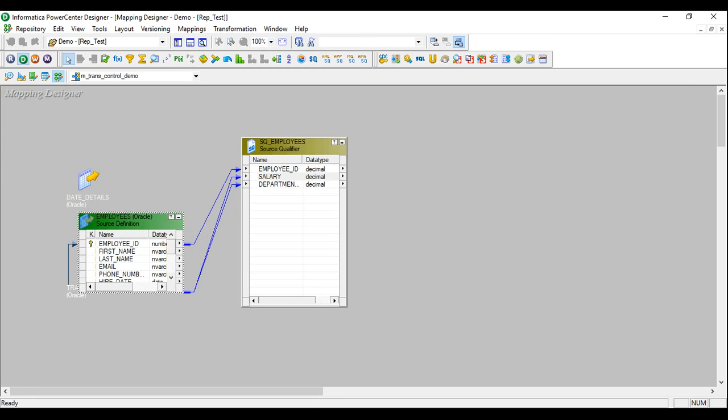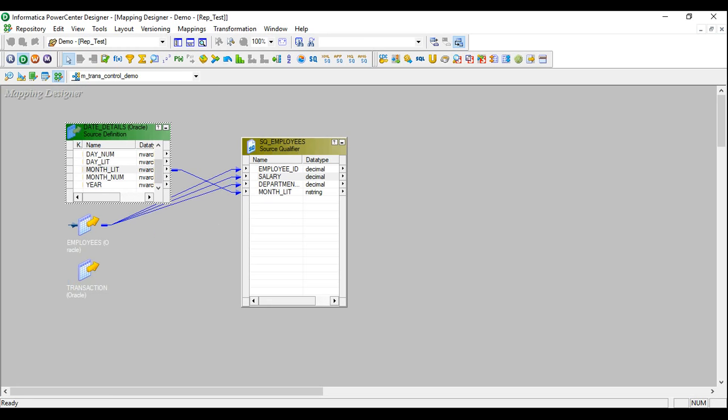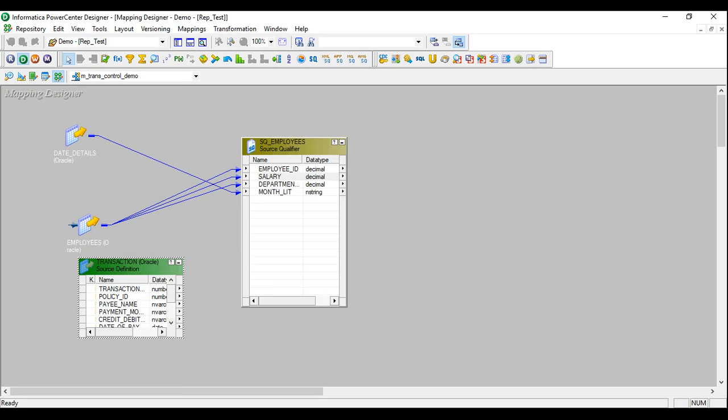And then we want this data for a particular month, so I want that month in literals. And then what else do I want? I want the policy ID that these people sold, and the amount.